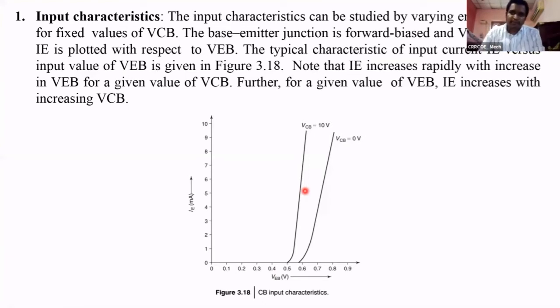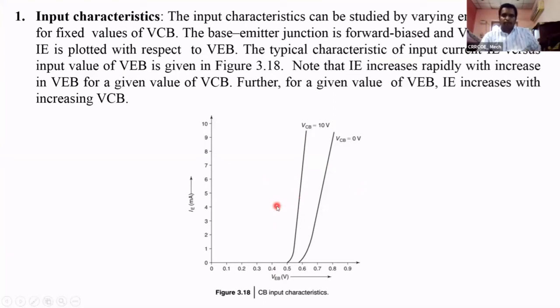See, this characteristic curve resembles that of a diode. I have already explained the characteristics of diodes in previous classes. Why? In the transistor, the first PN junction is connected in forward bias. That's why the input characteristics resemble those of a diode, because the first two parts of the transistor are connected in forward bias, so we get the forward-biased characteristics of the diode.